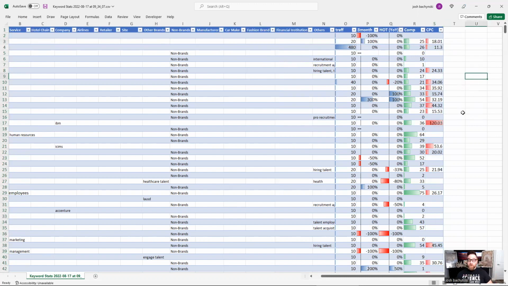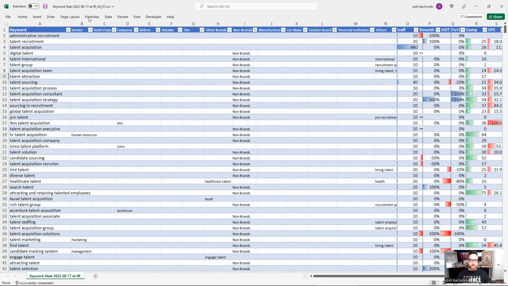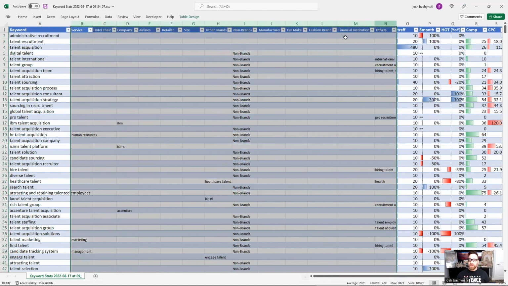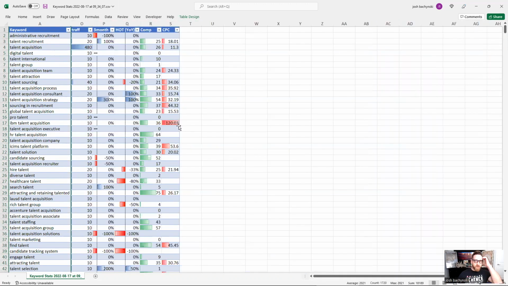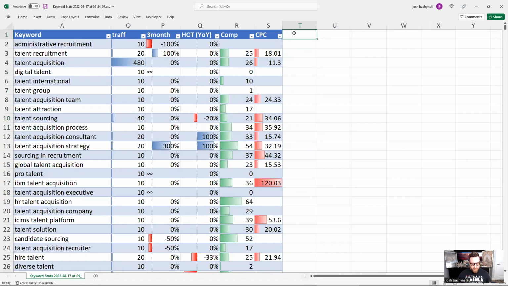Okay, and then what we're going to do, and you know what, I don't really need this stuff here for now. I'm just going to hide this. I can take a look at that later. What we're going to do is we're going to do the rank value. These are the ones that are the most worth ranking for. And I'm going to equal and put in brackets, let's add this plus competition. And we're going to multiply that by this. That's going to give us a score.